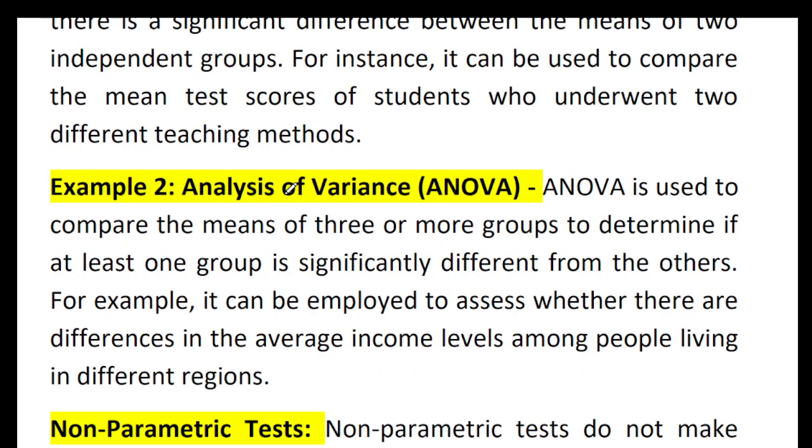Example 2 is ANOVA. ANOVA is used to compare the means of three or more groups to determine if at least one group is significantly different from the others. For example, it can be employed to assess whether there are differences in the average income levels among people living